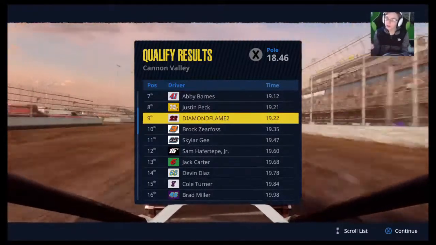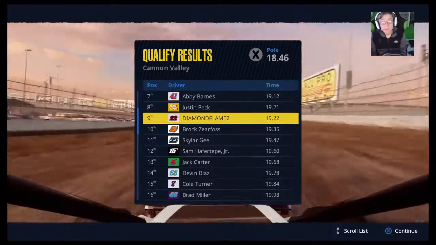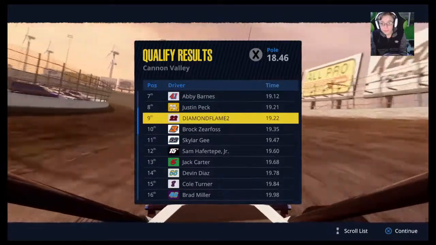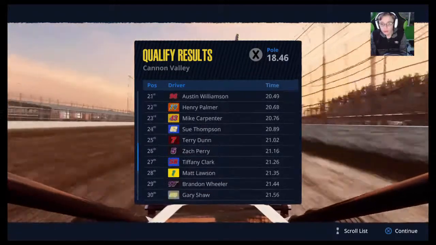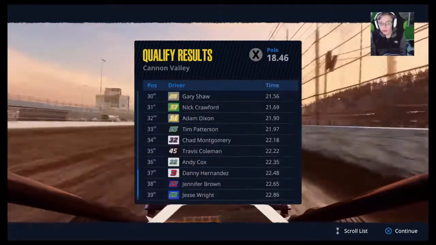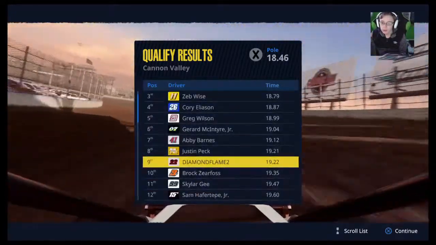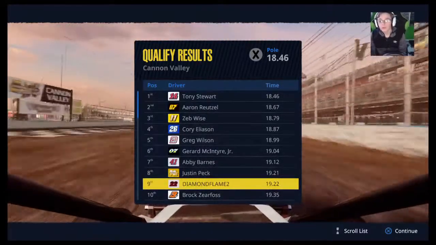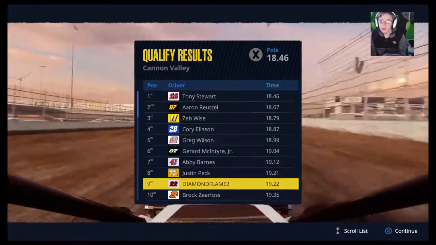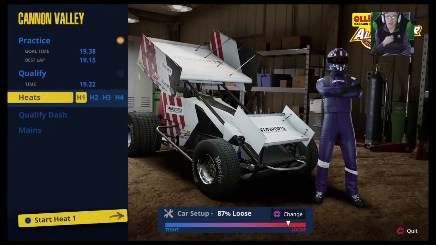As you're going to see, there are some real drivers, like Hoffertep, I think I'm saying that right. Might have butchered that. I know there are other guys. I don't know if they're in this race. If they are, they're far down. Yeah, they're not. But Stewart, McIntyre, there he is. Oh yeah, they're all up here. Stewart, Reitzel, Wise, McIntyre. I need to look at the other ones, but I know those are real drivers. As we didn't get pole, but we are going to be starting third in Heat 1,